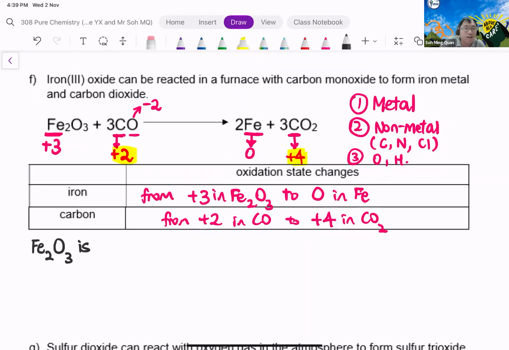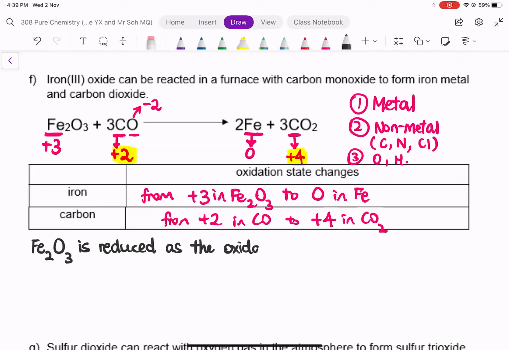Andre, is Fe2O3 oxidized or reduced? Fe2O3 is reduced. Okay, so stay on the line first. Fe2O3 is reduced as, let's complete the sentence, as the oxidation state of